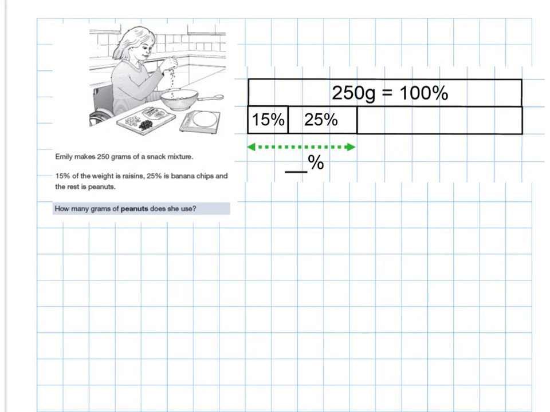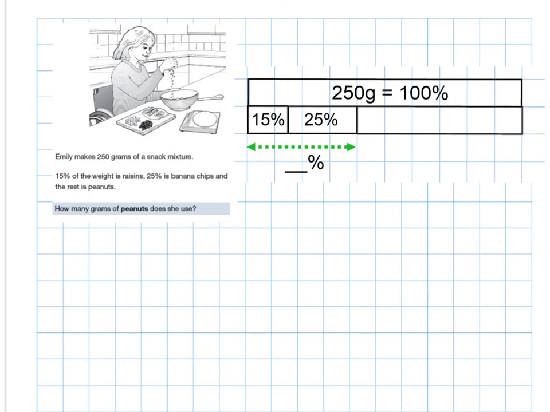I can then work out what these two are together. It will tell me this percentage here. I can use that then, by taking it away from 100, to work out what percentage of that snack mix is peanuts. Once I've worked out what percentage of the snack mix is peanuts, I should then be able to work out how many grams of peanuts there are. I'm not going to tell you the answer for that one, but if we look at the bar model again,